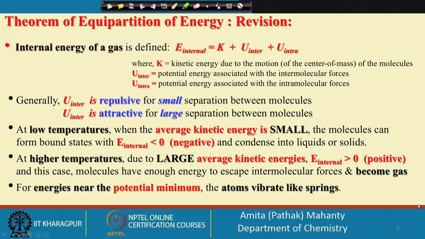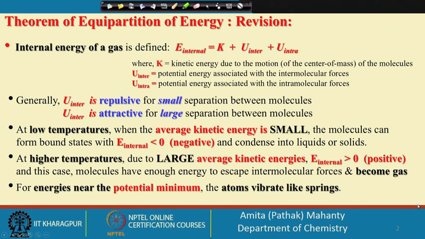What we were talking about in the last class was the theorem of equipartition of energy. In this, we had talked about how the internal energy is distributed. Internal energy is distributed in three forms. One is the kinetic energy of the motion of the molecule, where we talk about the motion of the center of the mass, and the internal potential energy because of the intermolecular forces, or the potential energy associated with the